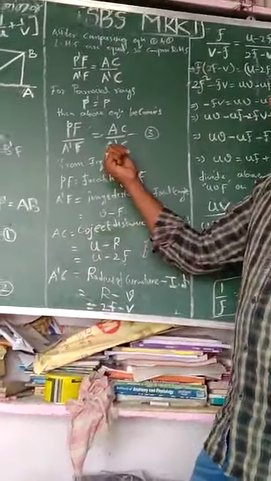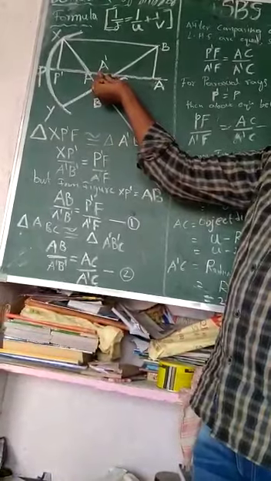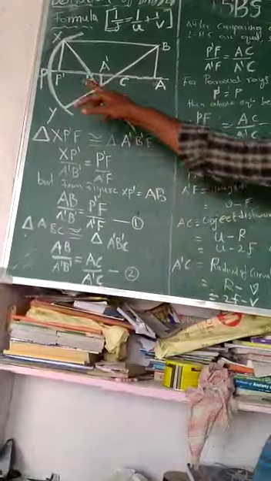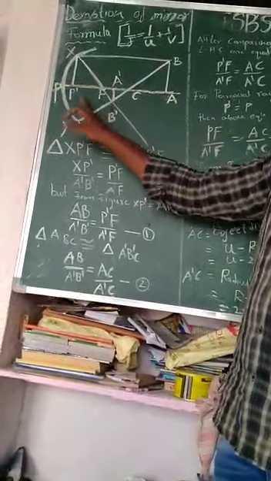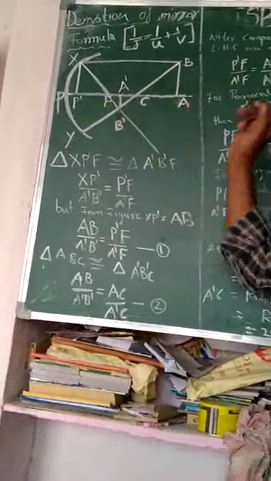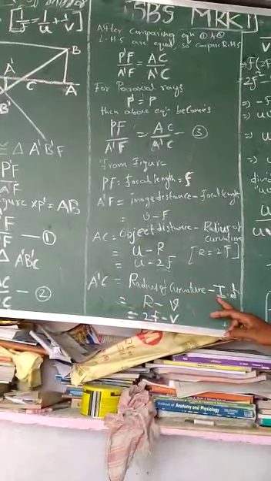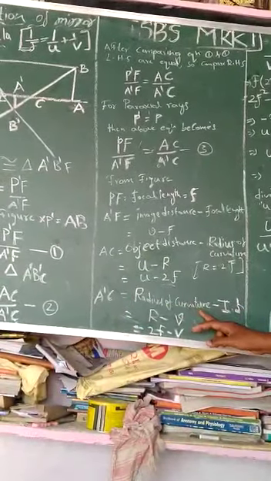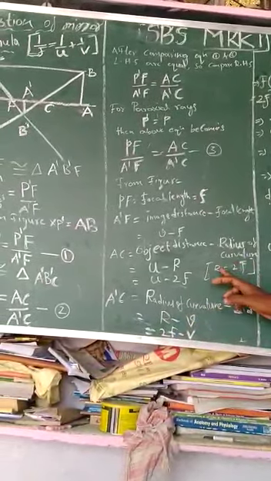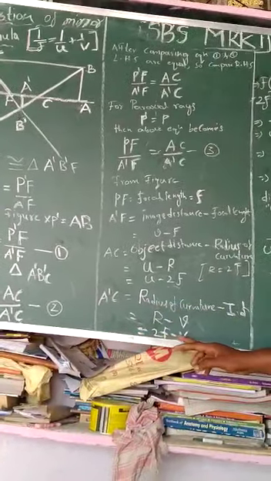Next we need to find the A dash C value. From this figure, the A dash C value is also not possible to get directly. That's why we get it when the image distance P A dash is subtracted from the radius of curvature PC. So A dash C equals radius of curvature minus image distance. Radius of curvature is indicated with R, image distance indicated with v. As usual, R equals 2f. So A dash C equals 2f minus v.